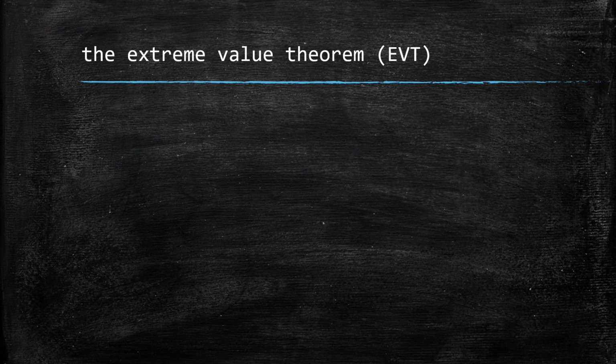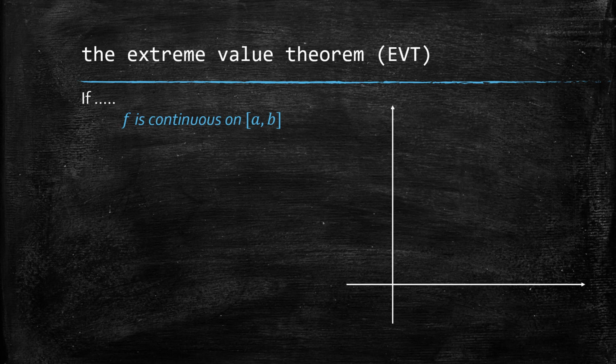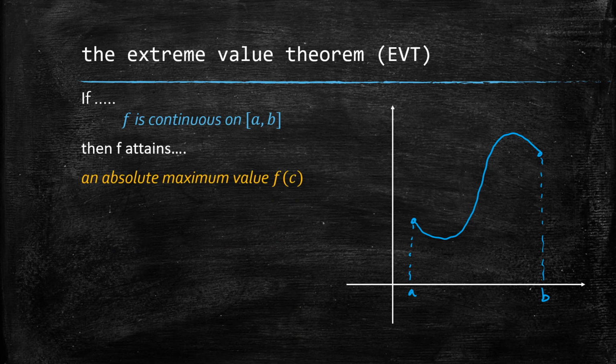The exploration in the previous slide brings us to the third existence theorem we were introduced to in calculus, known as the Extreme Value Theorem, the EVT. So it says that if a function is continuous on the interval a, b, so let's do that here. Here's a function that's continuous on a, b. We'll make that a and that value b. So if it's continuous over that interval, then it must follow that f attains an absolute maximum value, f of